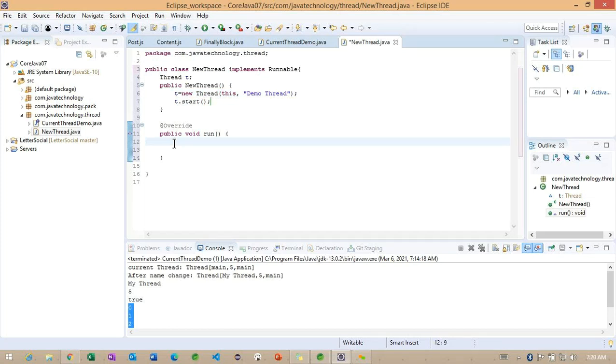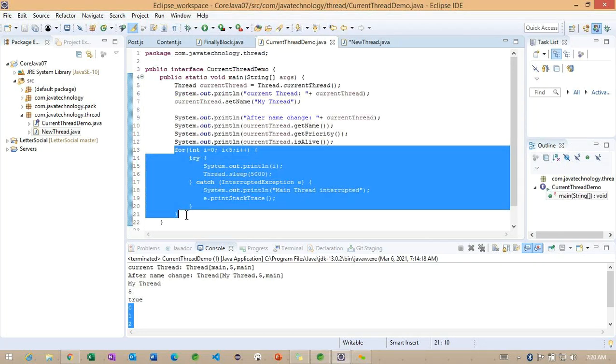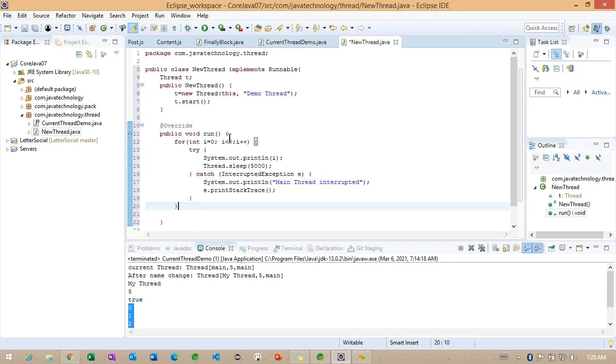Getting the point? Now, once the run method is called internally, we'll create whatever we want to print on our console. If you observe carefully, I want to copy this information into the run method.